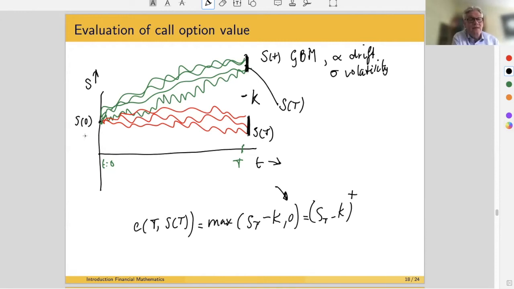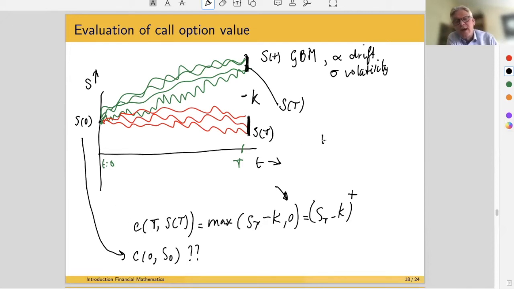And then again, what we want to achieve today is what is the value of the option at time 0 and stock price S0, right? That is what we would like to know. Now, don't forget who is gonna set this price. That is the person who sells the option to the holder. So we have the writer or the trader, and we have the holder of the option. And the one who sells the option asks a price, right? Asks C0